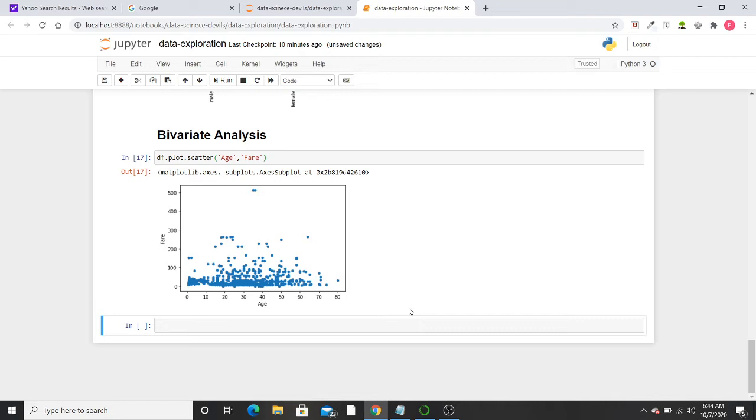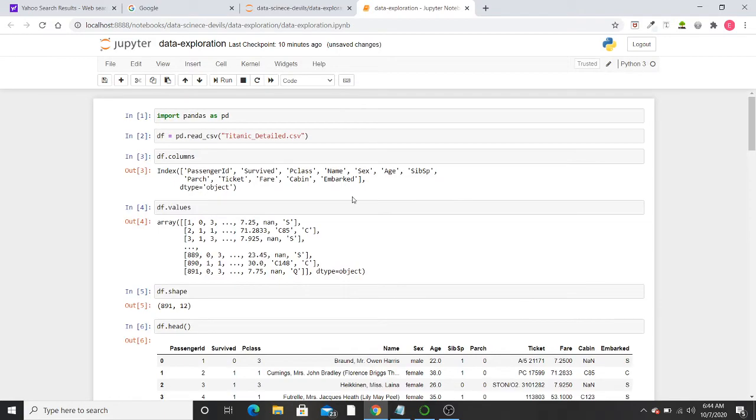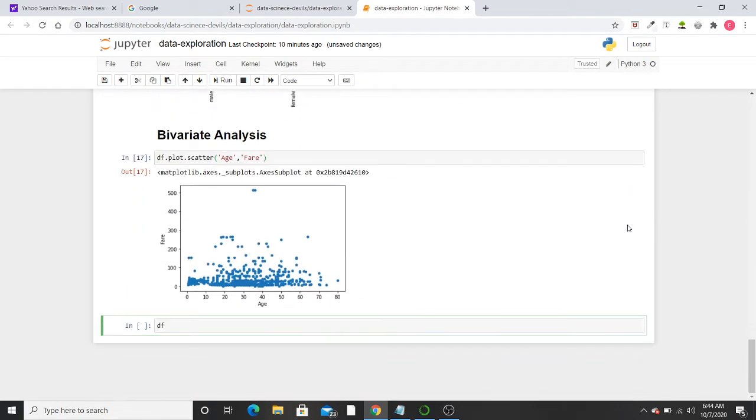So first of all we will write df. Now df is the pandas object that we have created here, the pandas object for the Titanic dataset. So for finding the correlation index, we use the corr function. So it's like df, your first column name, that is age, dot corr. Corr means correlation.